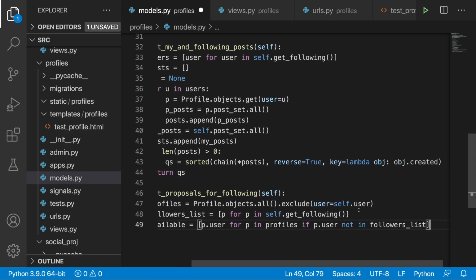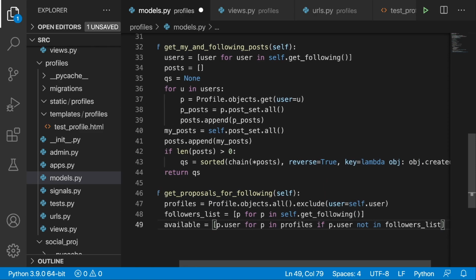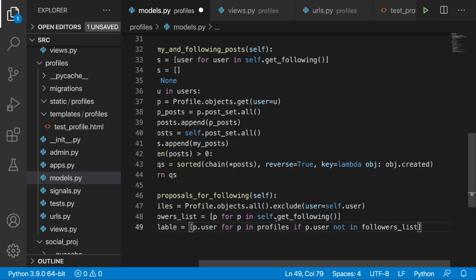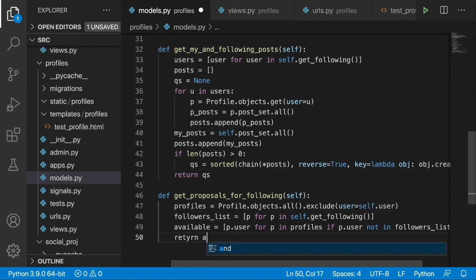Okay, p for p in profiles, over here we excluded our own, and then we are doing an additional check if the profile user isn't on this followers list. Okay, and if this profile user isn't on the followers list, that means we are not following him or her, and we are adding to the available. And finally, we need to return the available,